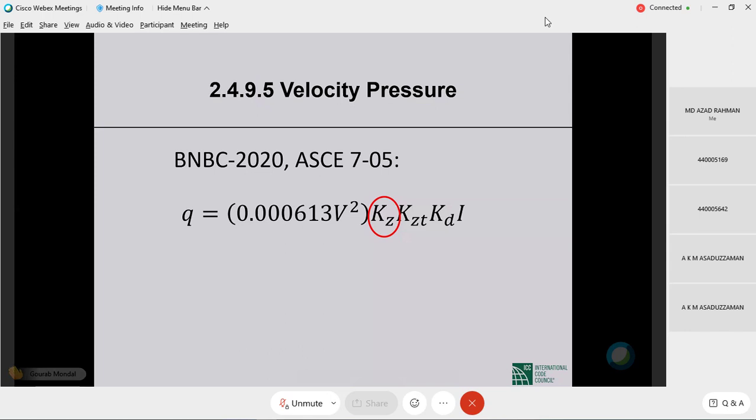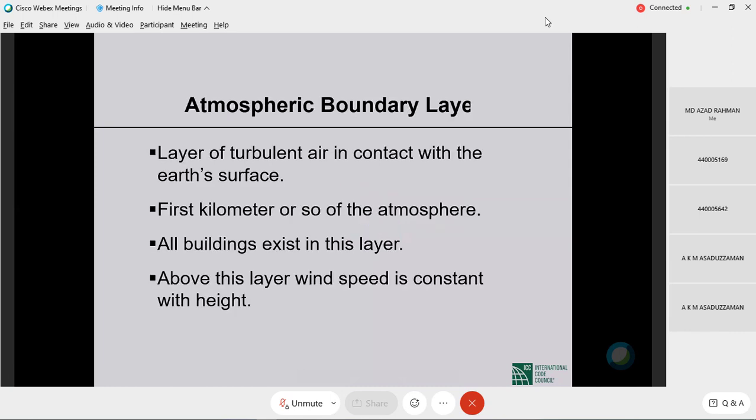If that's all we know, we are not going to go very far with our wind design. What if we need to know the wind velocity at 20 meters above ground of exposure C? K sub Z will take us there. K sub Z will take us from V, which is at 10 meters above ground of exposure B, to wind velocity at any height above ground of any exposure. Okay, so